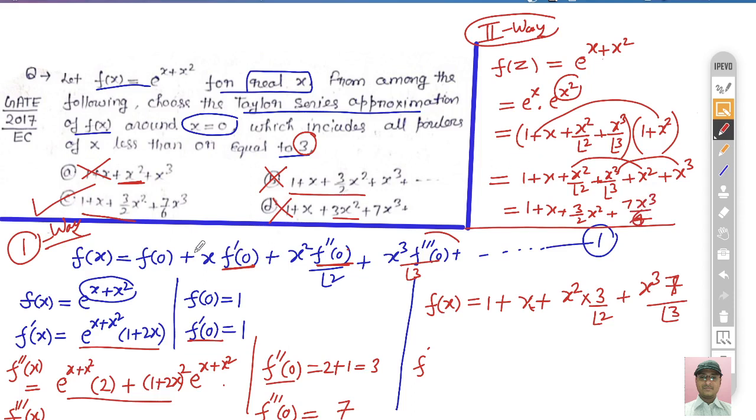Either you can write by the Taylor series expansion, right? But it is complicated, because you have to differentiate 2 times, 3 times, and then get the result. Now the same thing you can do by a simple procedure if you know the expansion of the exponential, right? So both ways you will get the same result, either the first way or the second way. So this is the first question.